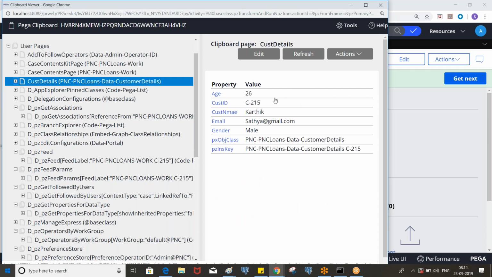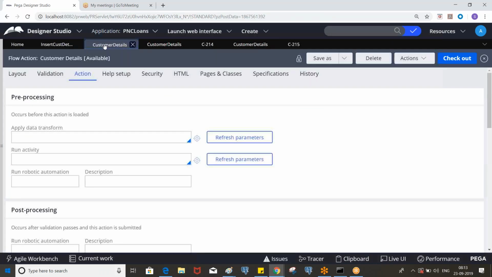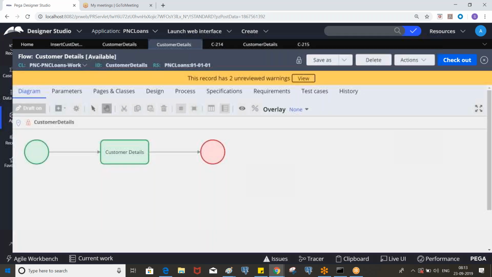Now see, since we assigned work page properties to these properties, you see the same work object ID, first name, last name, everything on this page, right? And these details will be available in which class? Data class, right? Obviously. So go to the customer details. Okay, let me reopen.